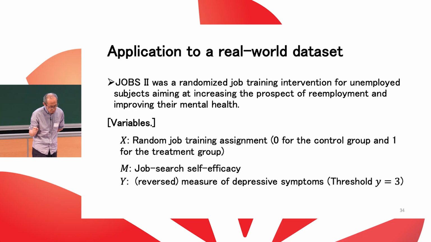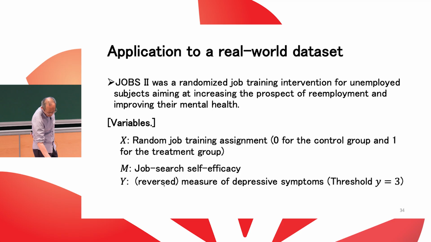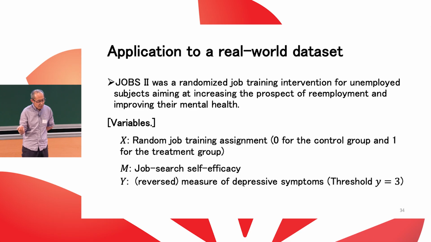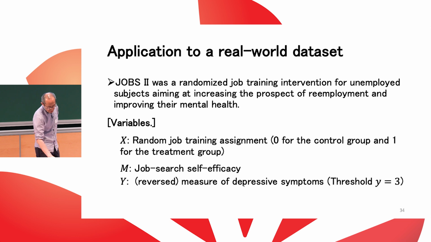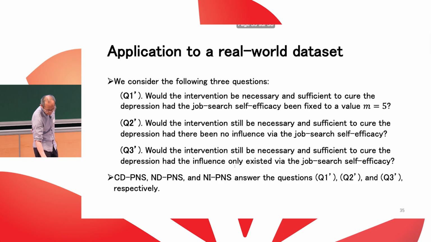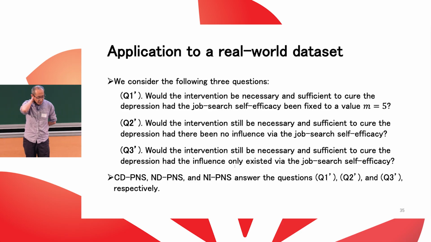So they teach them how to find jobs. In the control group, they give subjects just the booklets of job searching tips. So that's the intervention. The outcome here, we consider a measure of depressive symptoms. With a certain threshold, then you consider depressive or not depressive. For the mediator, we use this quantity called job search self-efficacy. So that is a public dataset called the jobs dataset. So the idea is we are going to